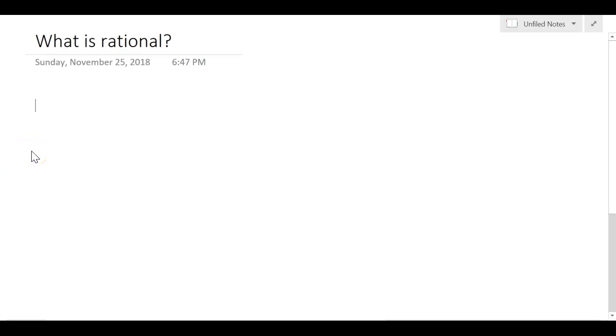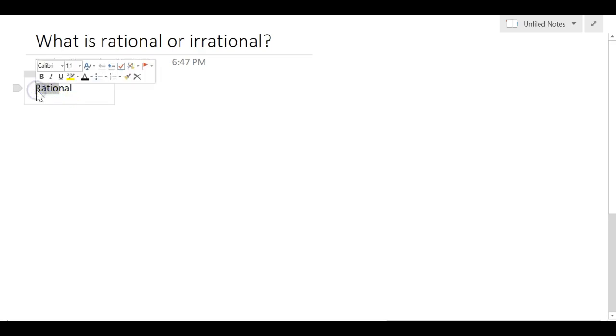Alright guys, so today what we are going to be talking about is what makes something rational or irrational. So we are going to be talking about the difference between rational and irrational numbers today. The first thing I want you to notice is in the term rational, we actually have the word ratio. So the easiest way to remember rational numbers is that rational numbers can be expressed as